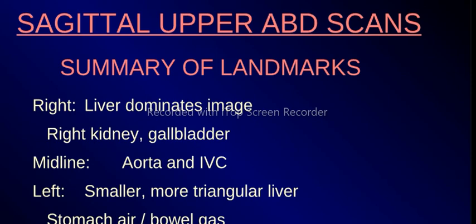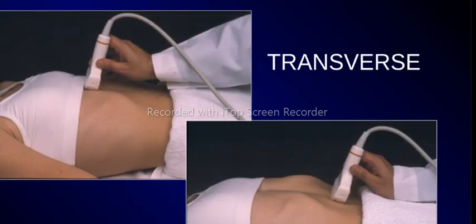Let's go on to the transverse scans. Like I mentioned earlier, it doesn't matter where you put the probe, whether it's up here or down here or on the sides, as long as your probe is perpendicular to the midline, what you're getting are axial images or transverse images. So we are going to go through again a bunch of sections from here downwards to see what we see